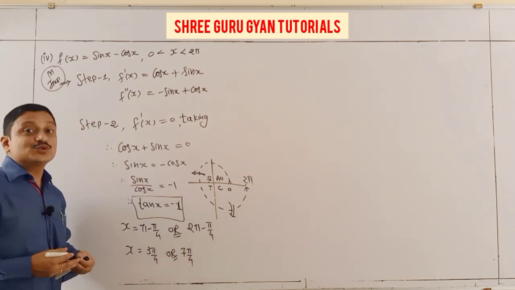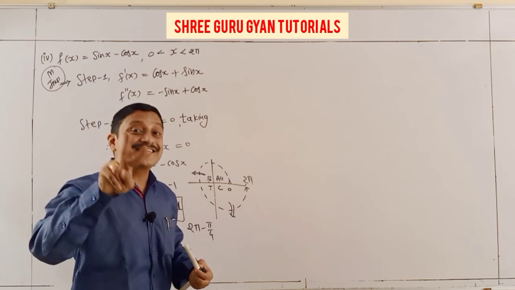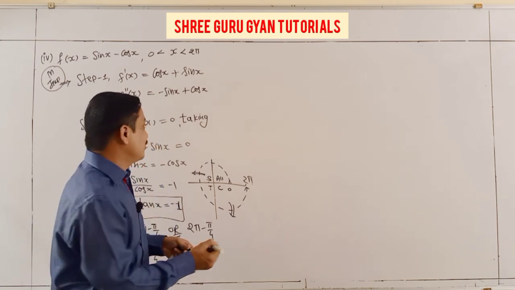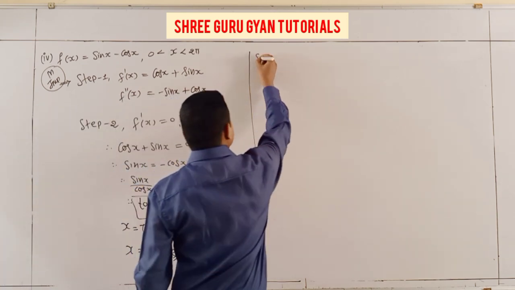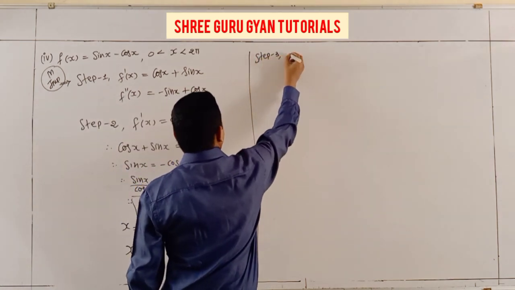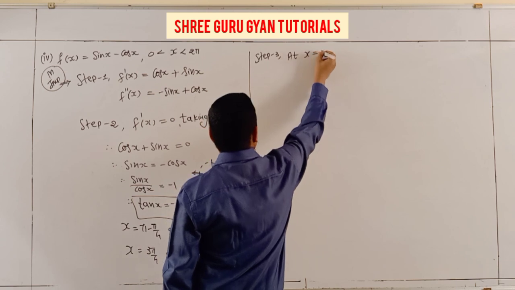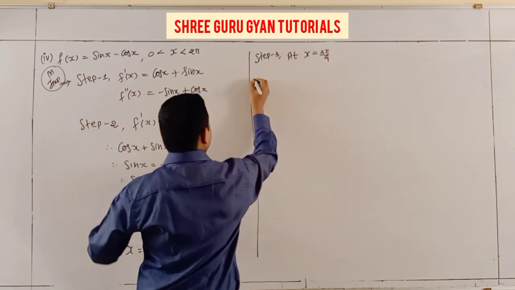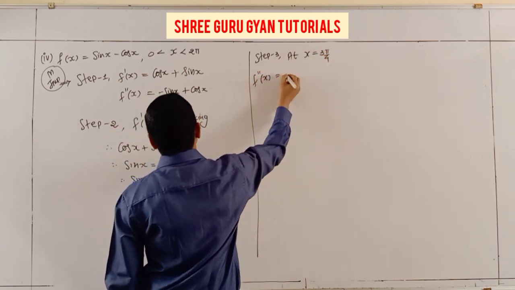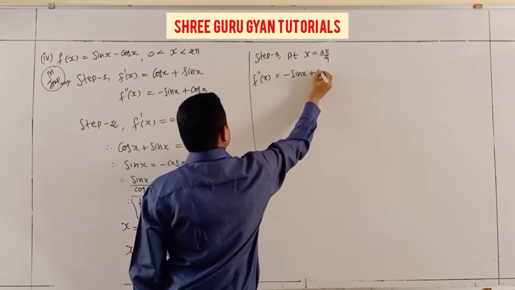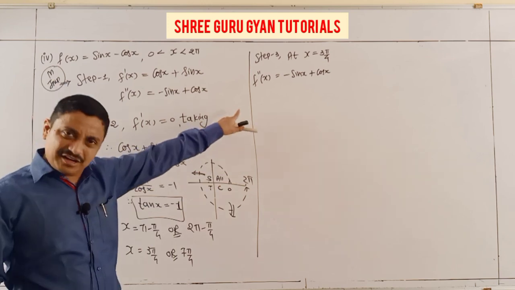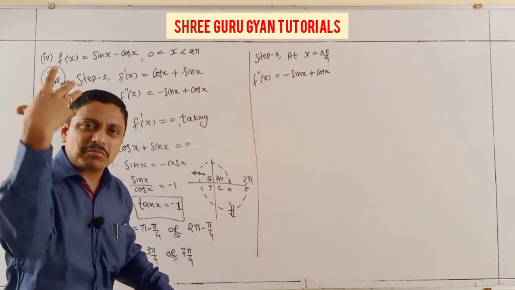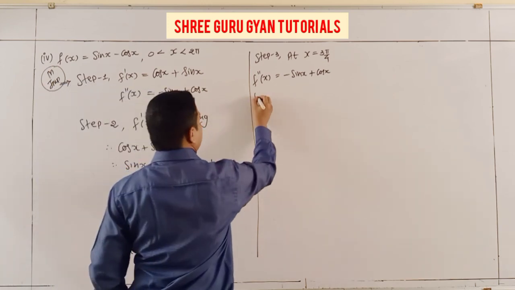And these 2 values I check in step 3 and derive in step 4. That's why students, these are IIT questions. Now I go to step 3. Yes, x is equal to 3 pi by 4. Checking is very easy. F double dash x, students, the double derivative is used only for checking whether it is a maximum or minimum. So f double dash 3 pi by 4